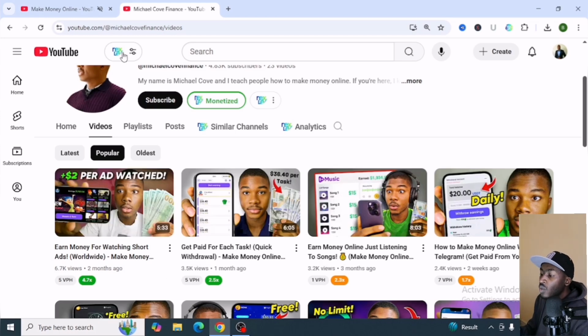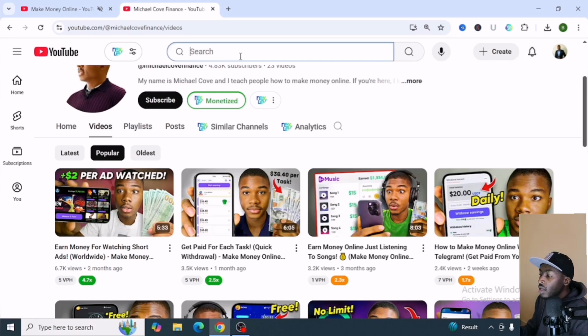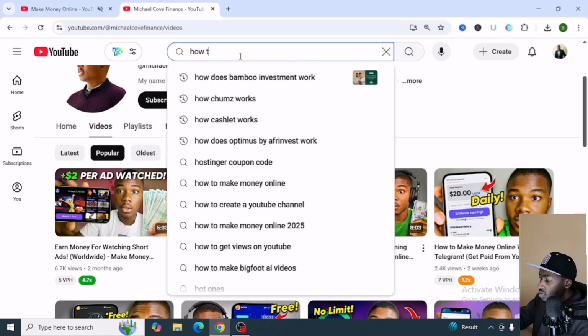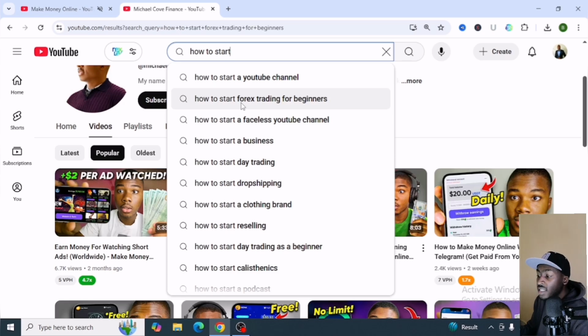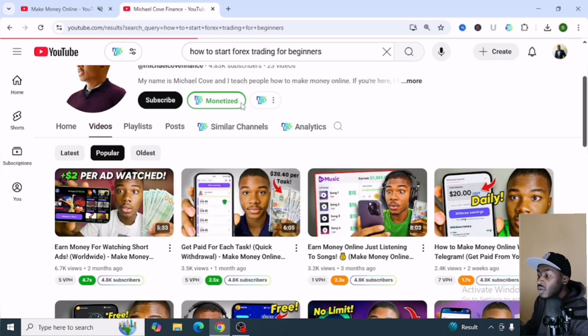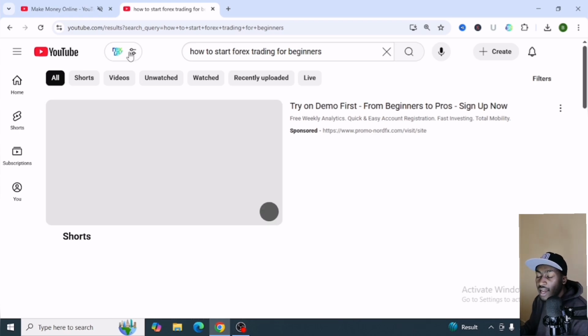Also, I'm gonna show you how you can use this filter icon also to get videos that you are interested in. So for example, you can do a YouTube search, for example, like how to start forex trading for beginners. So you will wait for it to be searched and then go to this icon here